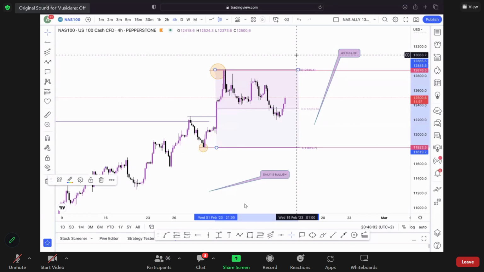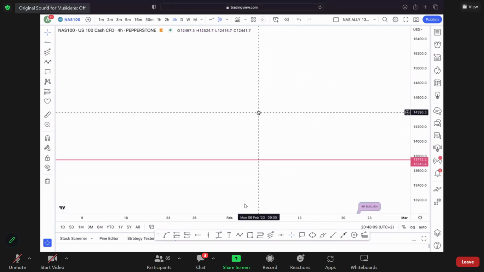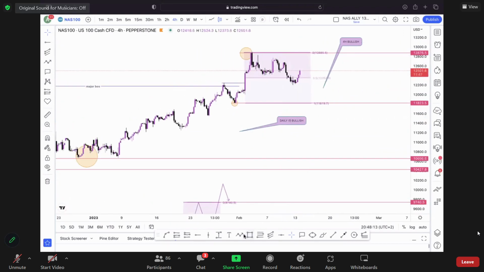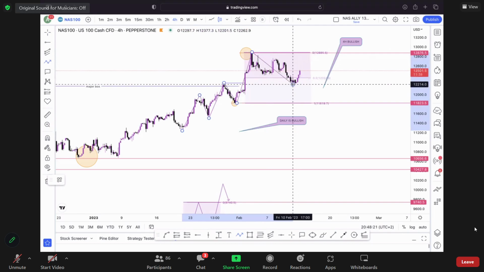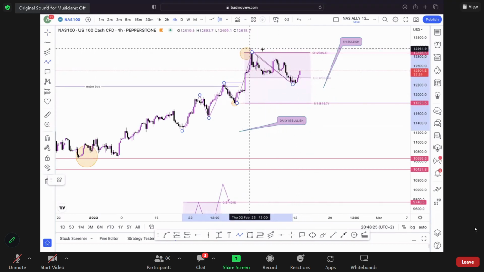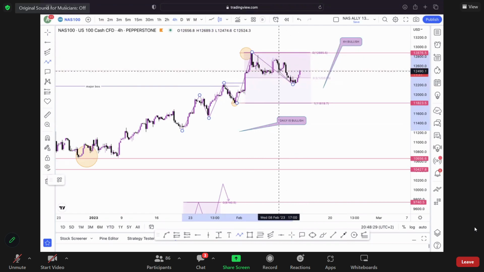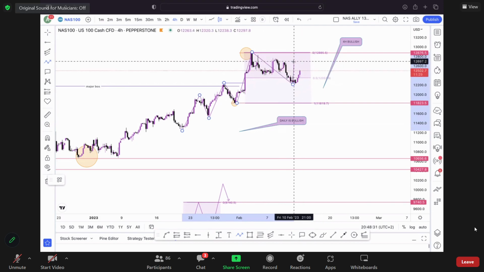Before we even get to the highs, okay, before we get to the highs, if this market is buying, the market is making higher highs and higher lows, higher highs, higher lows, higher highs, higher lows. And that's why I asked the question, who thinks that the market is going to fail at this high or take out this high? And a lot of you said it's going to fail.